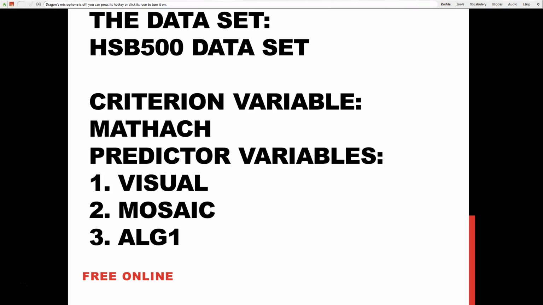Visual is a 16-item test of visualization in 3 dimensions for determining how a 3-dimensional object would look. Number 2, mosaic. Mosaic is a 56-item test involving the detection of relationships in patterns of tiles, and the scores range from